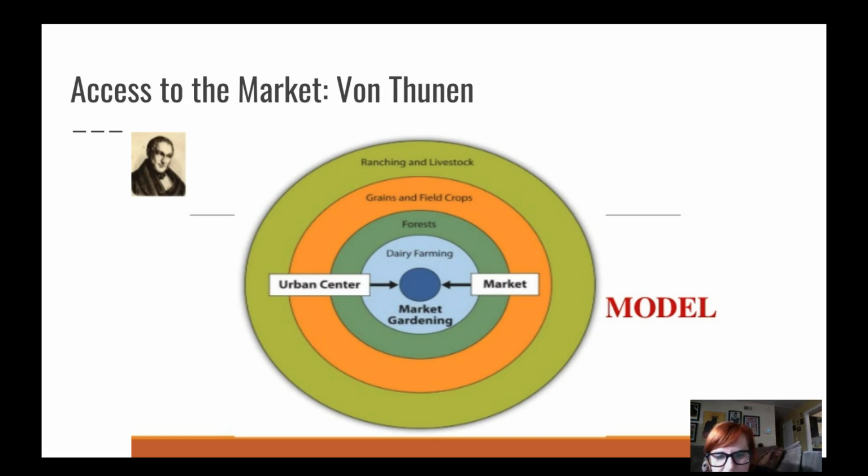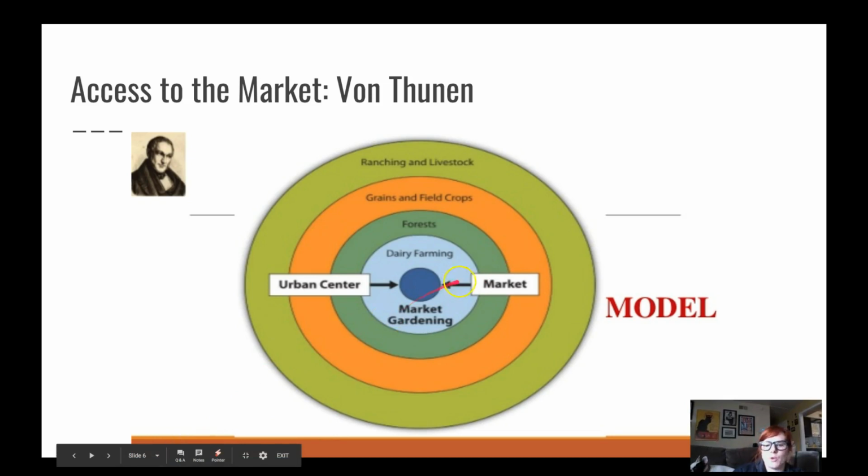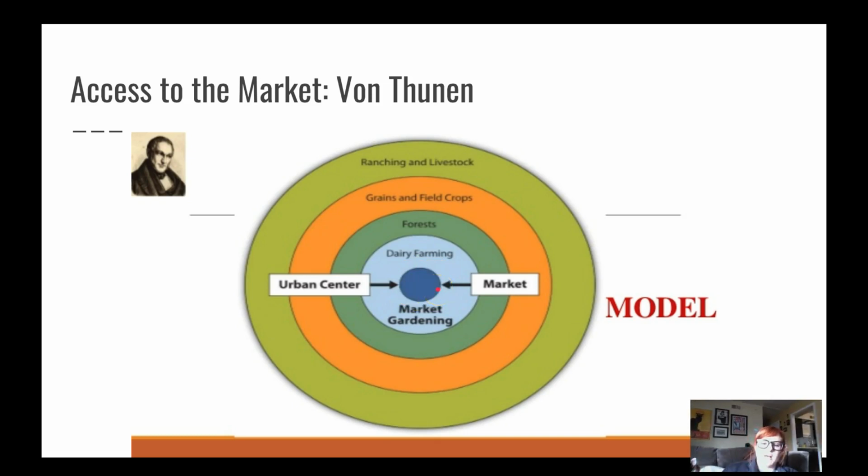And we're going to go over this in class too. We're going to do an activity with it. I'm just going to explain it really quickly for you here. So we have the urban center, okay? Where lots of the markets are going to be, the stores that sell the produce and the meat and all of the foodstuffs go in the center, okay? Then on the outside is where you would find dairy farming, okay? So we need to think about, in regards to transportation costs, that means getting the product from where it came from to the store. Why would you want dairy farming right next to market gardening or to the market?